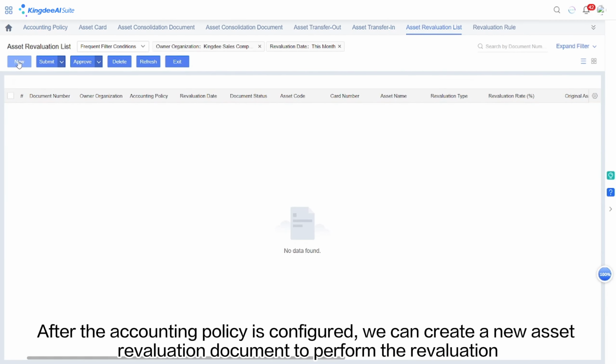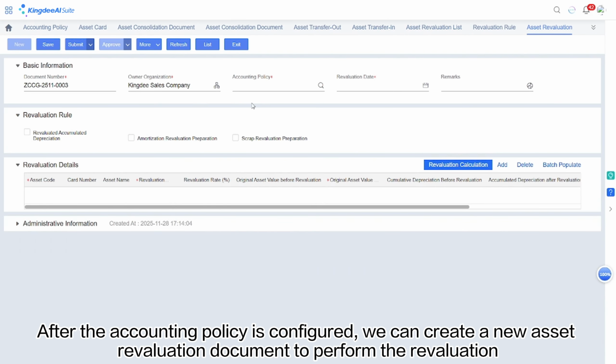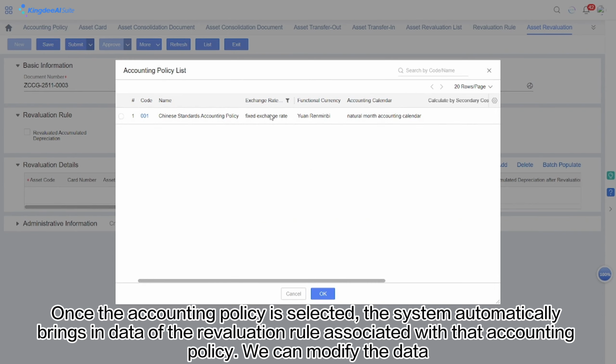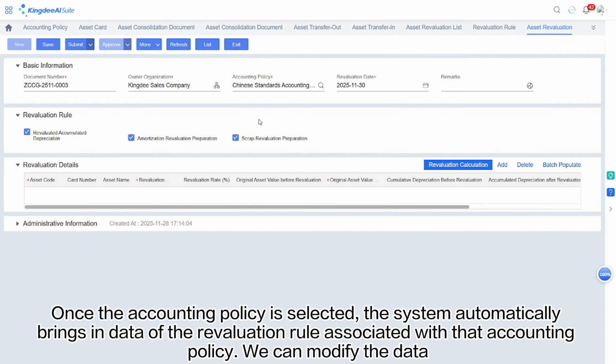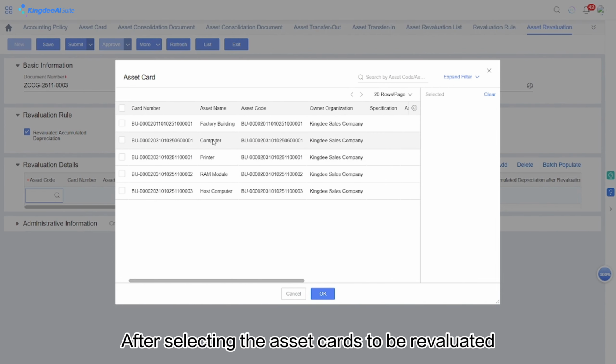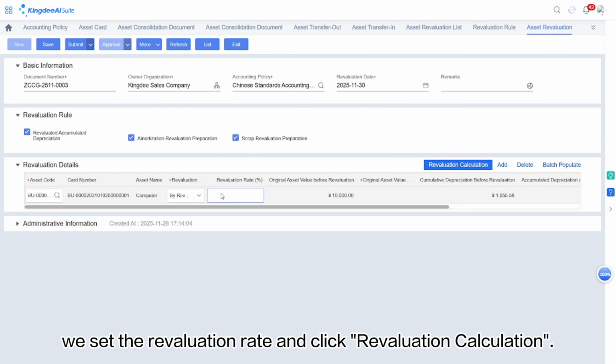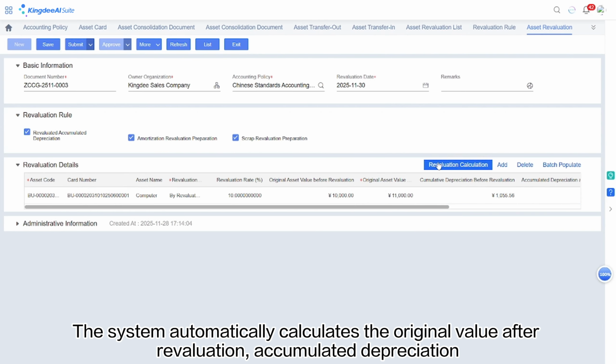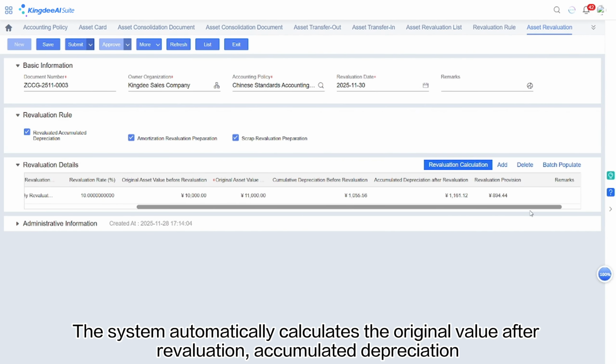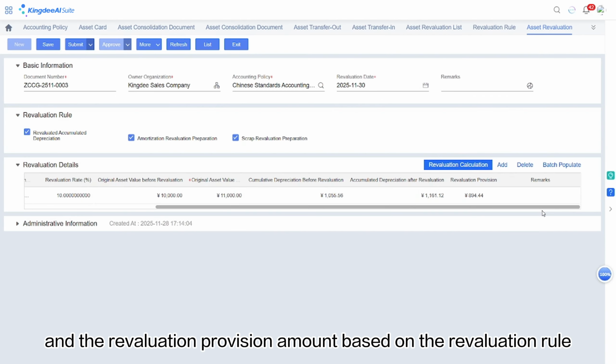After the accounting policy is configured, we can create a new asset revaluation document to perform the revaluation. Once the accounting policy is selected, the system automatically brings in data of the revaluation rule associated with that accounting policy. We can modify the data. After selecting the asset cards to be revaluated, we set the revaluation rate and click Revaluation Calculation. The system automatically calculates the original value after revaluation, accumulated depreciation, and the revaluation provision amount based on the revaluation